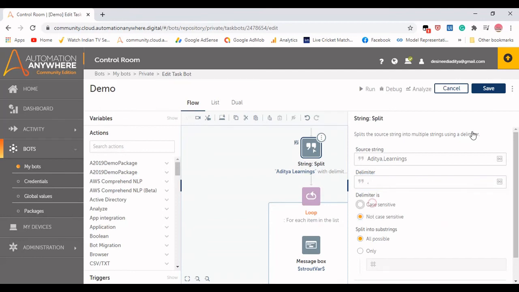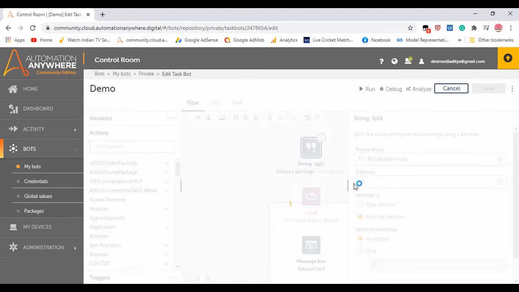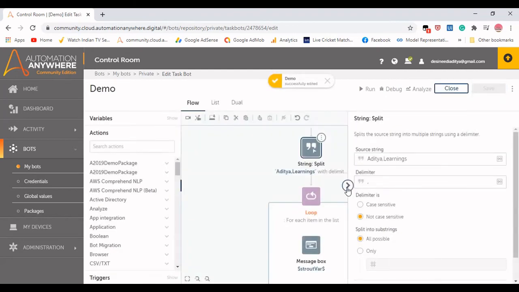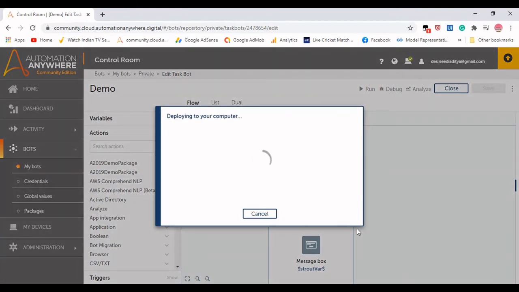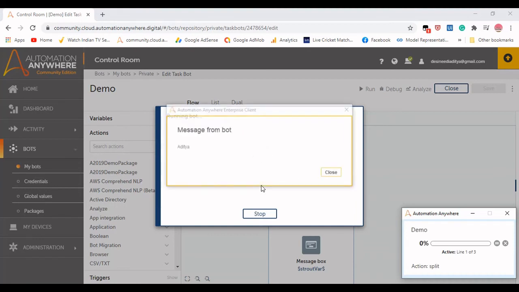So now we will see, it is not case sensitive, save, and then because there is no tab there, it's only a space. So let us take a comma and see what is the output that we are getting from the for each list. So it is Aditya and it is learnings.